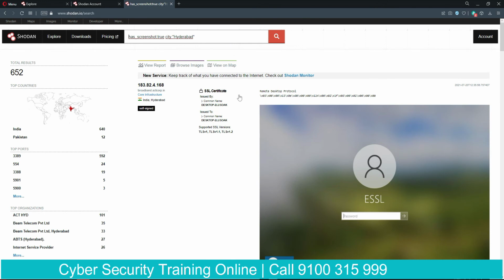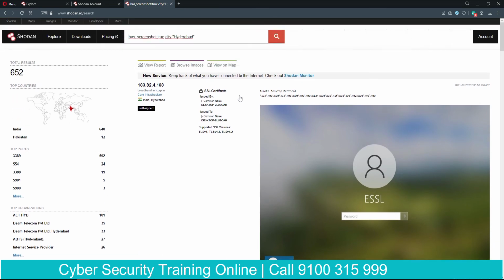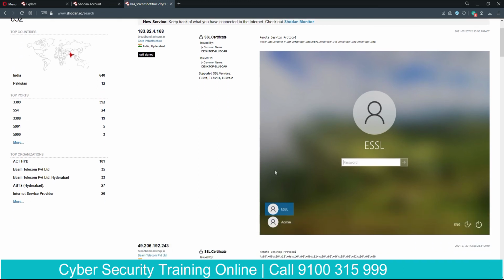So now you can see here Shodan is showing me the results of the devices, which are 652 devices that have got some kind of a screenshot, and I can see the screenshot here. Now the interesting thing about the screenshot is basically you can see the usernames, you just have to guess the password.